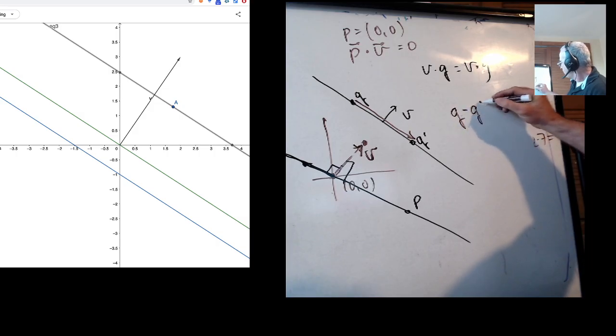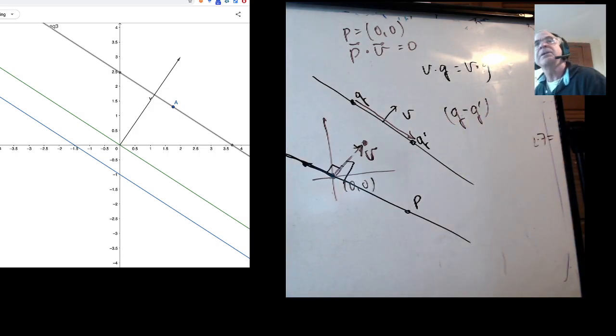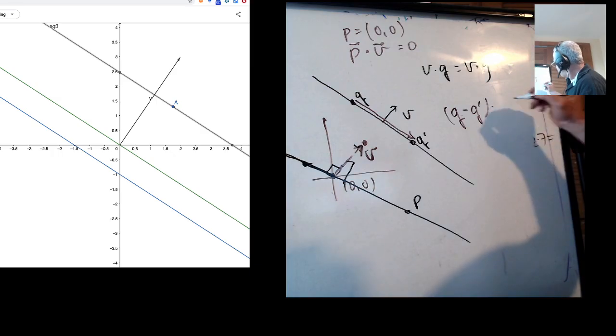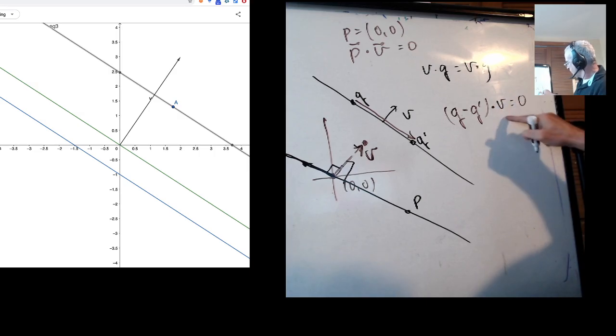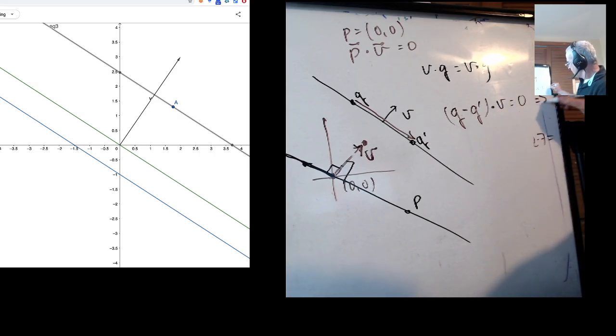Q minus q prime should be orthogonal to v, that is, therefore the dot product should be equal to 0, which just implies that